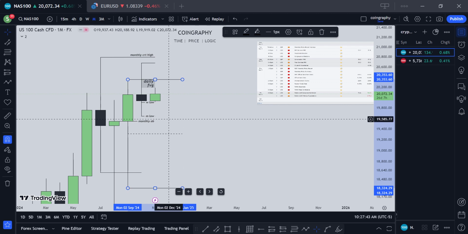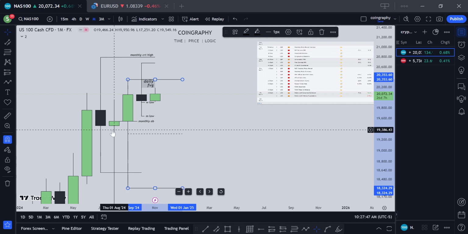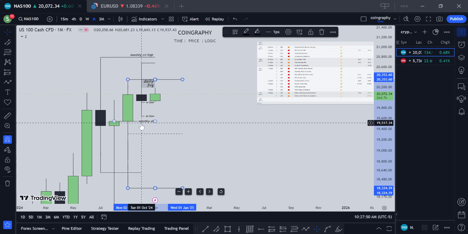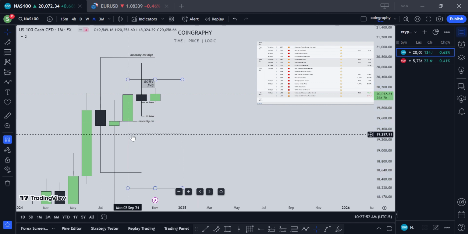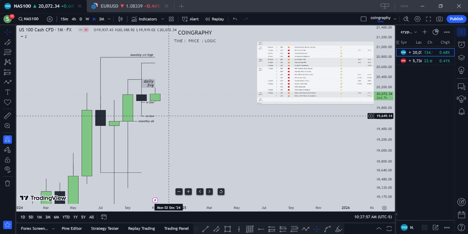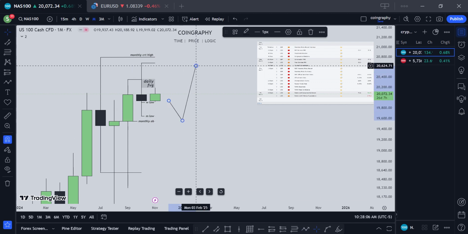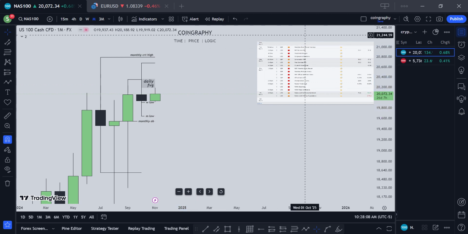But if we look closer, last month, October, formed a candle range. And if you look at this, we have a monthly order block here. Seeing that we have a monthly order block here and we formed this range, I'm expecting price to come lower to tap into this monthly order block to move higher. That is what I'm seeing on the monthly time frame.